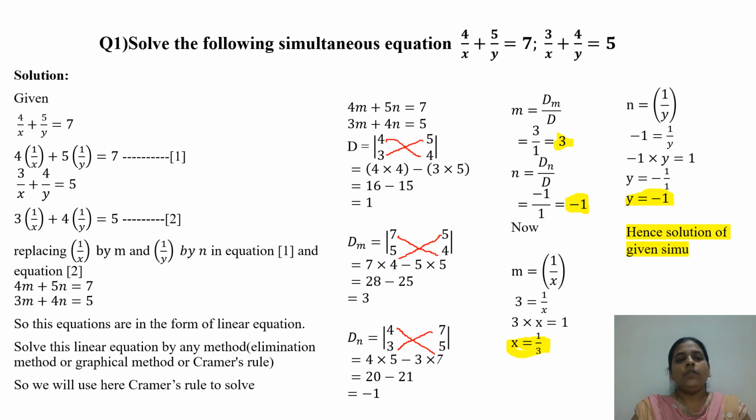Okay, so this is the detailed explanation of simultaneous linear equations when the given equation is not in the form of linear. That means a non-linear equation is provided to you. So you should first convert the non-linear equation to a linear equation, and after that calculate your answer by using the elimination method, graphical method, or Cramer's rule. Okay, correct? So in this example we used here what? Cramer's rule. Okay, next we will understand the next example.